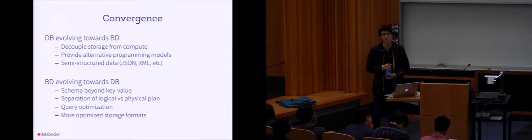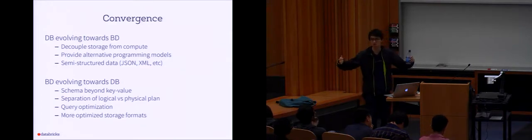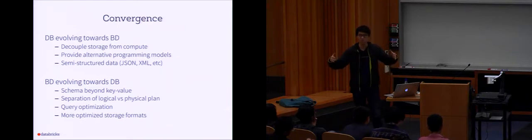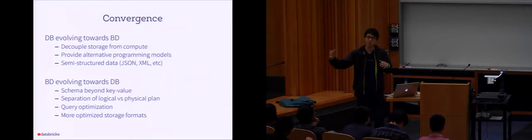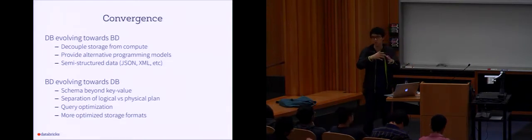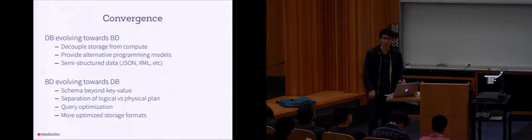So now I believe what we are seeing is essentially a whole convergence. The world had a huge divergence, where you have this whole big data stack that's very different, built by different people from the database stack. But we're seeing a very clear trend that ideas from databases are sinking into the big data stack, and some of the ideas from the big data stack are also sinking into databases. And they are just evolving closer and closer to each other. I think if next time somebody asks you to pick a side between NoSQL and SQL or Hadoop big data and databases, just tell them to watch this presentation.